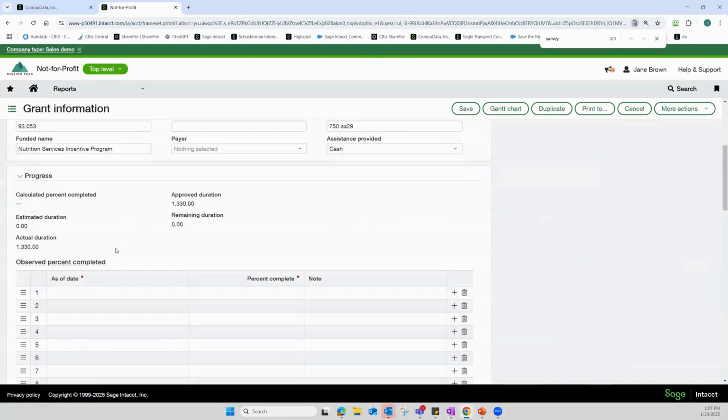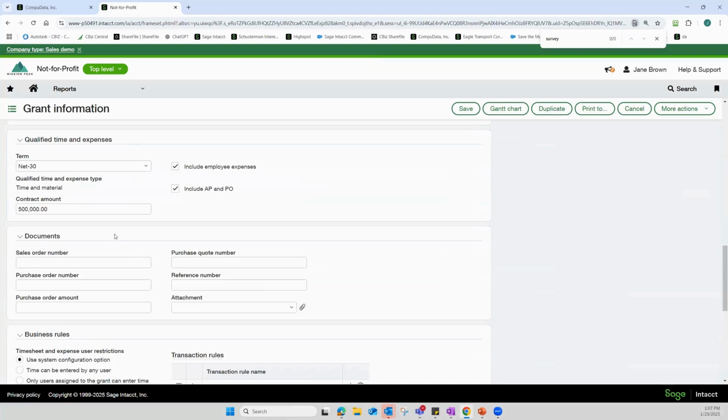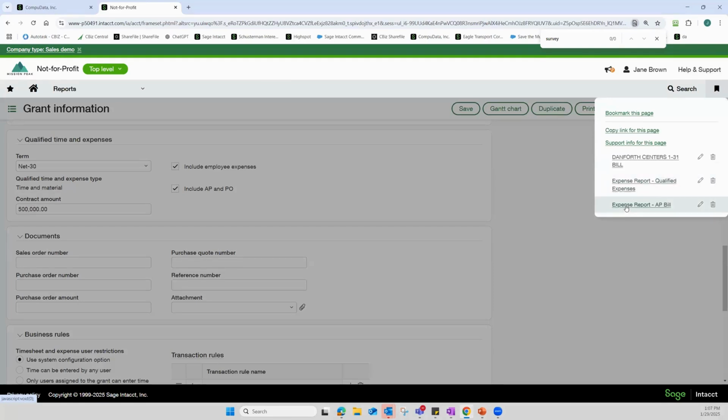So we're going to see on this additional info tab here that I've done a couple things. Number one, I have marked this grant as having qualified time and expenses that are going to be billable back to a grantor. And I've also indicated which types of expenses I would like to bill back to the grantor. So that's going to be employee expenses, AP and PO. I can also mark timesheet entries or general ledger journal entries as qualified expenses and bill those back to the grantor. And how this works, if we take a look at some examples for this specific grant,